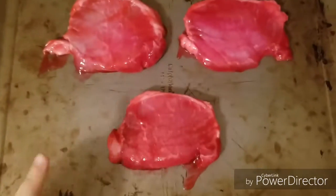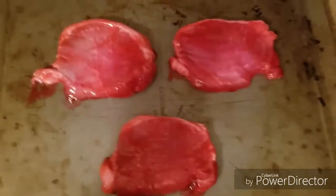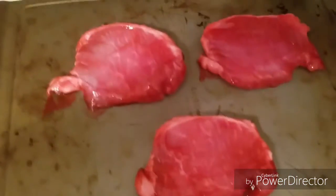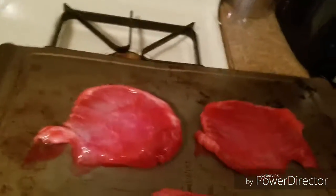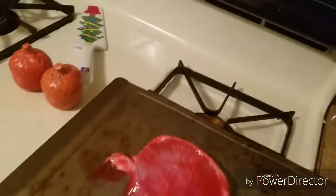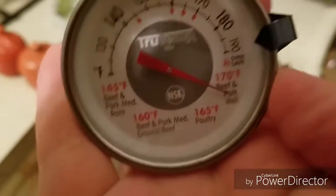So yeah, let me show you what the pork chops look like. So this is what the pork chop looks like with the sauce on it before it's cooked. Now I will be using a meat thermometer to tell when it's done. My mom just bought me this one, and it literally tells me